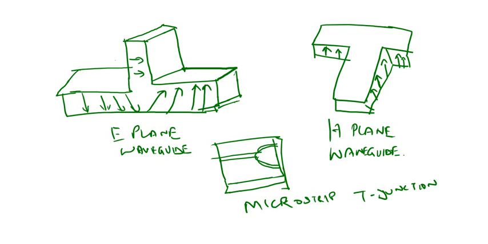These are popular types of T junctions in your exam. Definitely it will come for 10 marks if they ask the classifications and various types. So you need to draw neat and clean figures. These are three-dimensional figures. Basically we have E-plane type, H-plane type, and microstrip junctions. These are commonly used T junctions in waveguide and microstrip form.